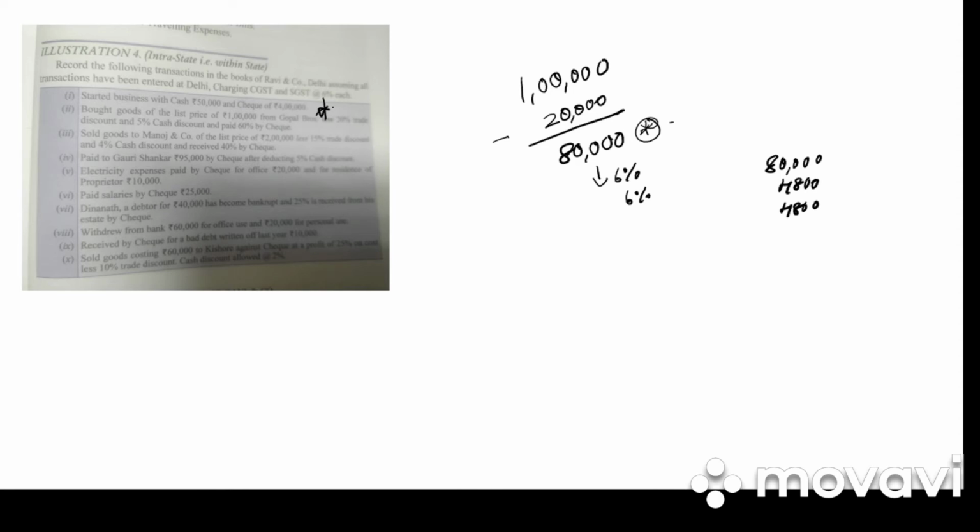Withdrew from bank 60,000 for office use and 20,000 for personal use. So withdrawn from bank and money withdrawn for personal use, again there won't be any GST. Received a check for a bad debt written off last year. So bank account to bad debts recovered, again no charge of GST. Next we have bank account, discount allowed account. Next we have sold goods costing 60,000 to Kishore against check at a profit of 25% at trade discount. So write down